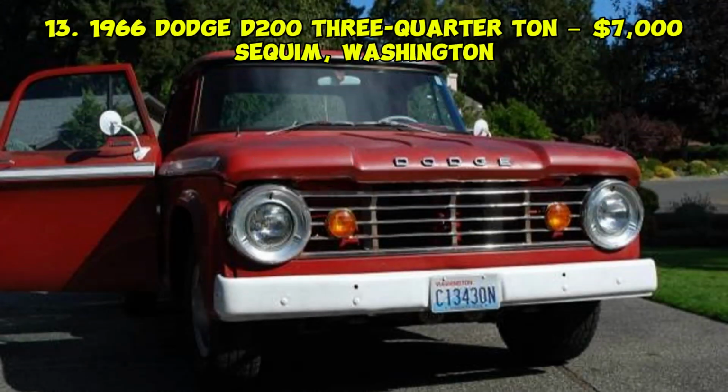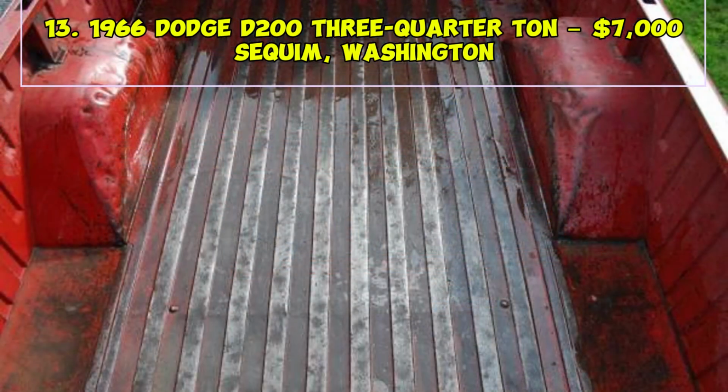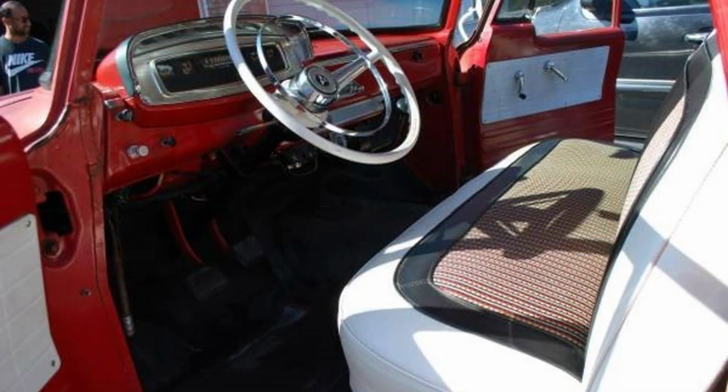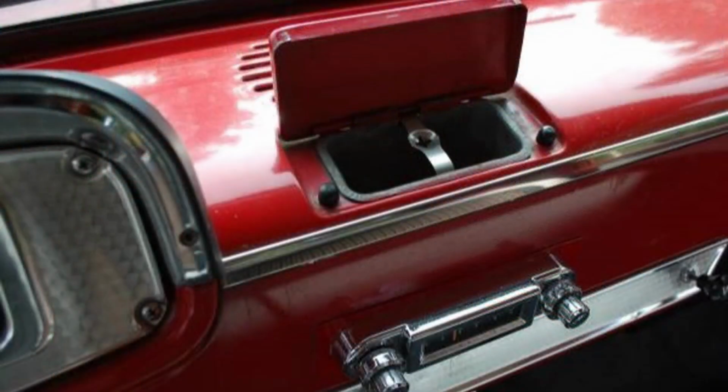Number 13. 1966 Dodge D200 3/4 ton, $7,000, Sequim, Washington. This Dodge D200 is described as a beautiful original truck showing 136,000 miles. It has received significant updates, including a new wiring harness, disc front brakes, electronic ignition, tires, and refreshed seat upholstery